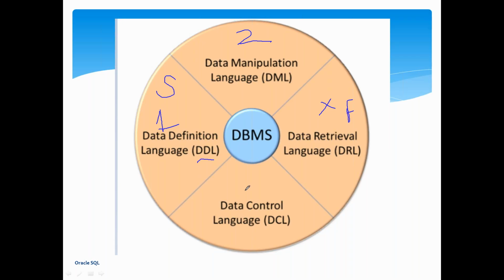Next is data control language. Here we control the data, since many users are working: you are working on that project, I am working, another person is working, Ram, Shyam, Rubin. So we need to control the data: which persons may use which table or object, and what kind of operation and data. Here some permissions are there. This is not required for a tester or developer. DBA people, database administration people, will be involved in this data control language.